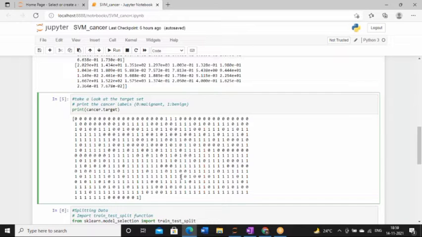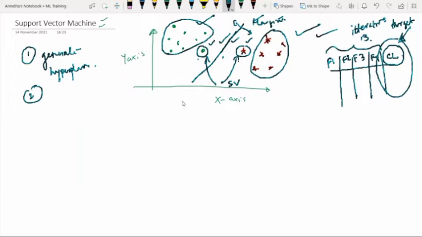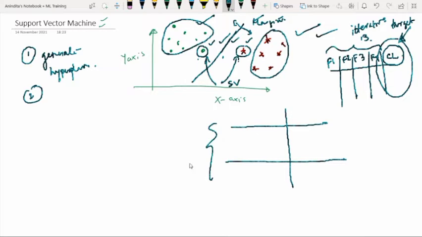Now as we are dealing with a machine learning algorithm, in the previous section we have already discussed that it is our responsibility to split the data set. What do you mean by splitting the data set? Basically, we have to split the data set into two parts. One is training data set and another one is testing data set.